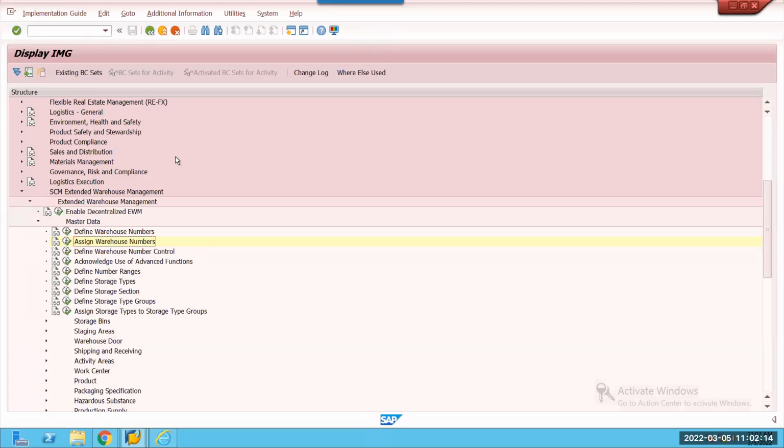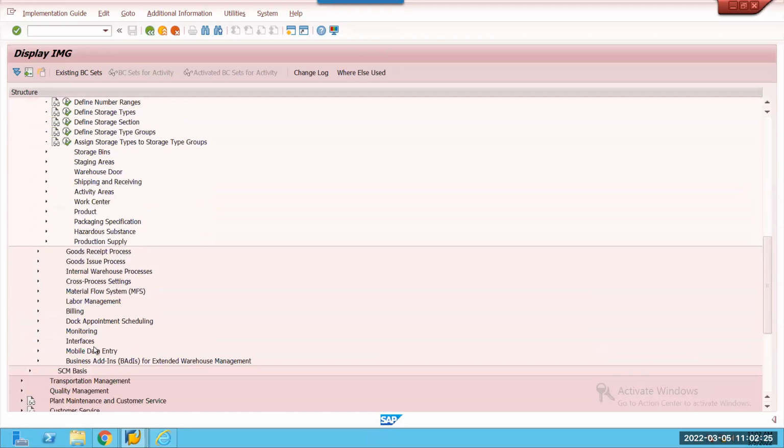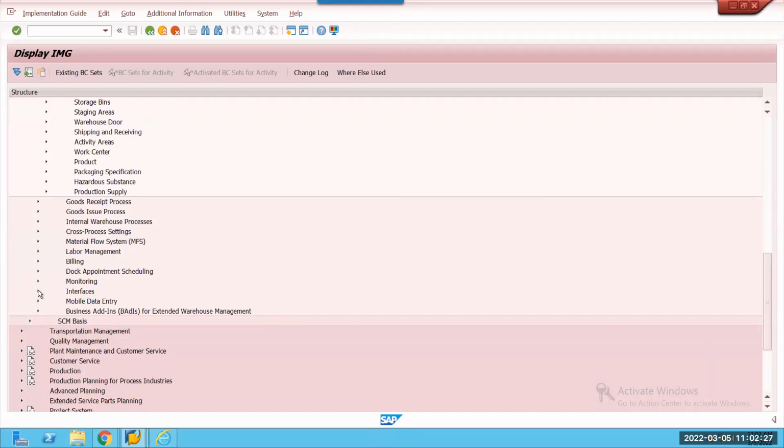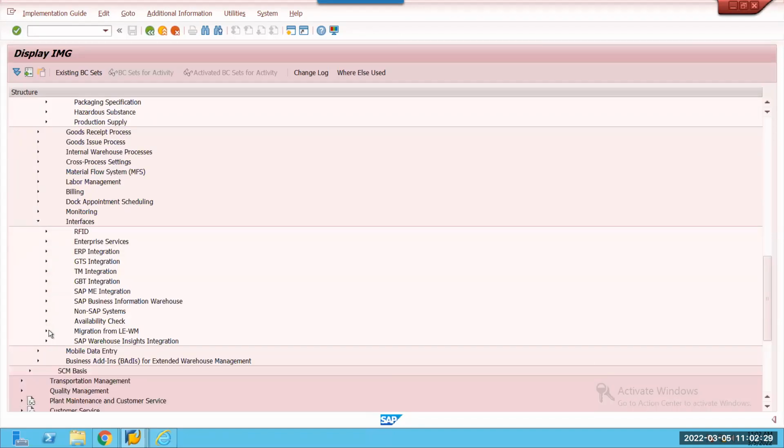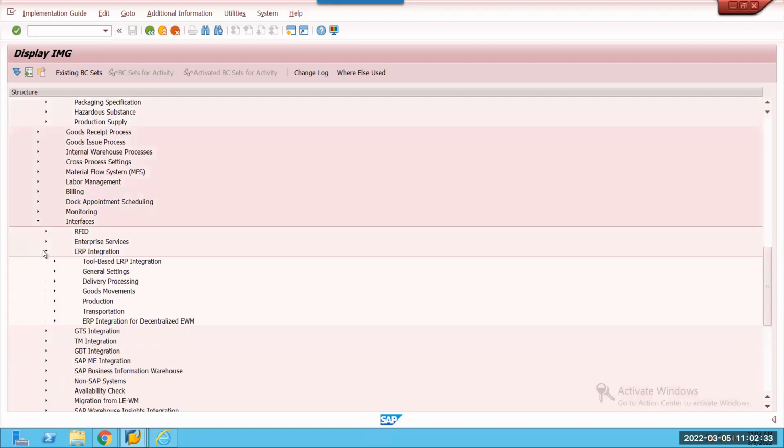Go ahead, Sri. Where stock definitions, I mean stock categories, is there where this assignment will come automatically for the plants, storage location and stock type? Yeah, it will come automatically. Business plan to business group, something will be different, right? Something will be there in master data, and Raju sir.